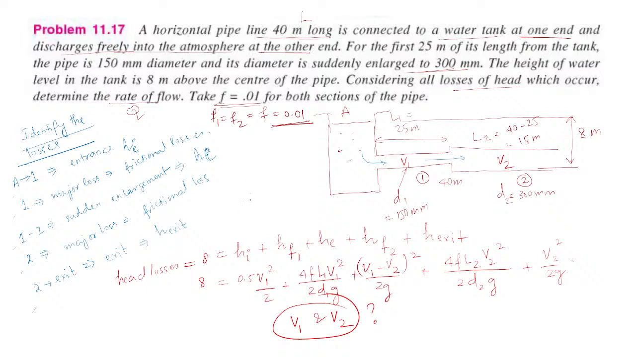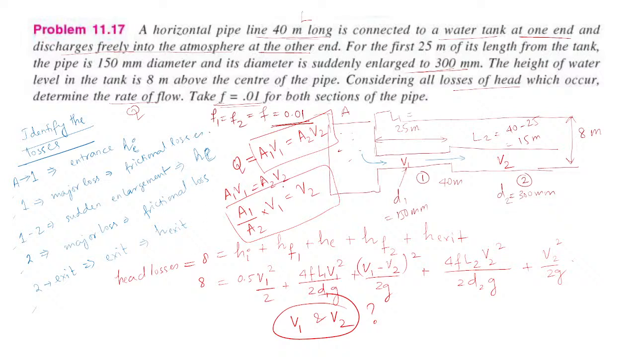So you can use the concept of the continuity equation. What is it? A1 V1 is equal to A2 V2. Now if I take this particular portion, that is A1 V1 is equal to A2 V2, can I make some relation in a single term? Like, can I write A1 by A2 into V1 is equal to V2,